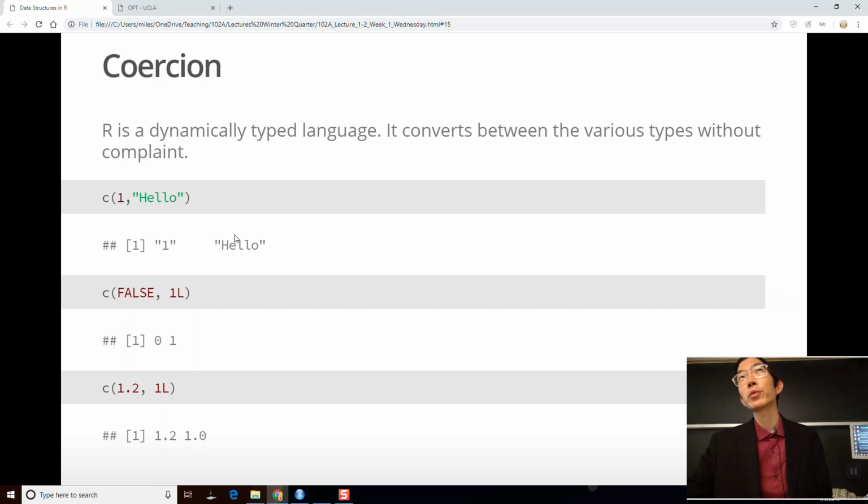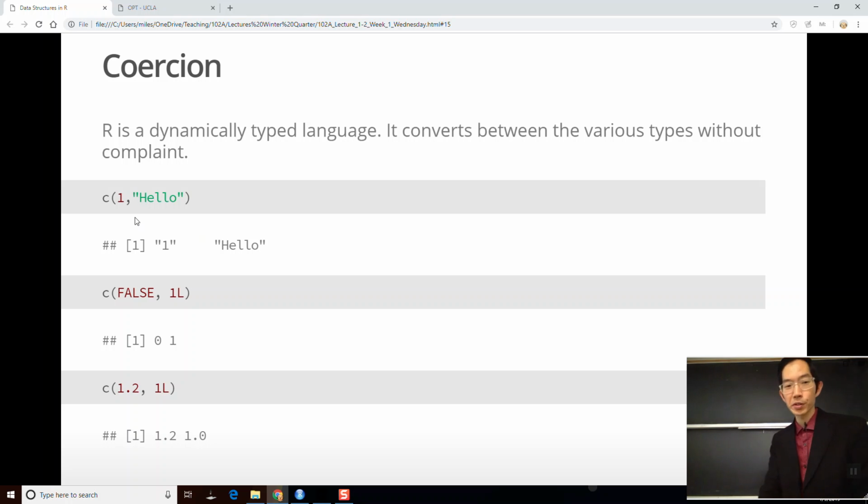Whereas if you've ever worked with a strictly typed language, such as C, I don't know if any of you guys took Pick 10 or something like that, and you have to deal with C, you'll know that those are strictly typed, and you declare something as an integer, and if you try to do some kind of mathematical operation that results in a decimal, either it's going to throw an error or it will smash it down into integer and drop all the decimals, right? So those are strictly typed languages, and that's what happens. R is just kind of like, we were dealing with integers, but now you want decimals. Okay, I'll give you decimals, all right? And so when you combine things, it's going to look at the least restrictive type and